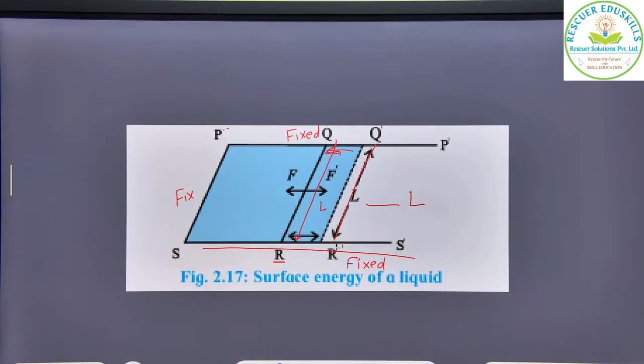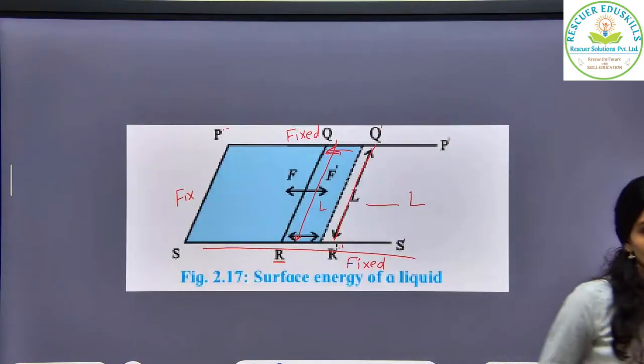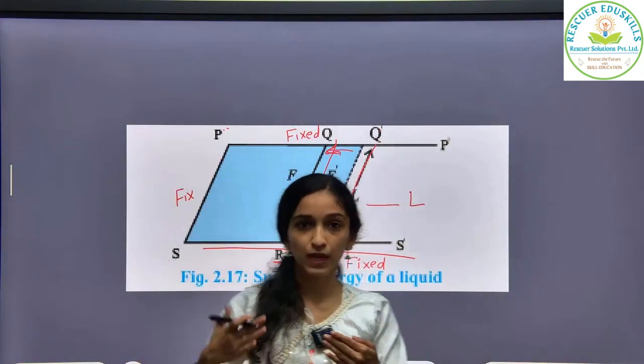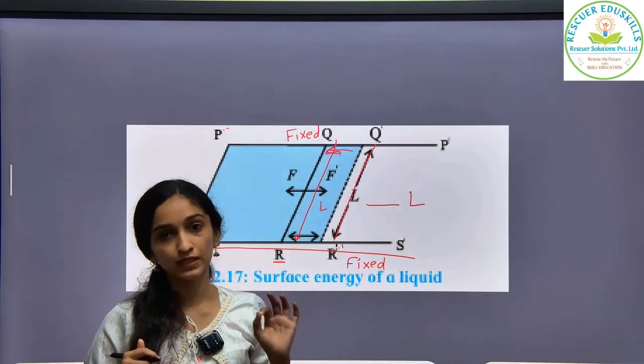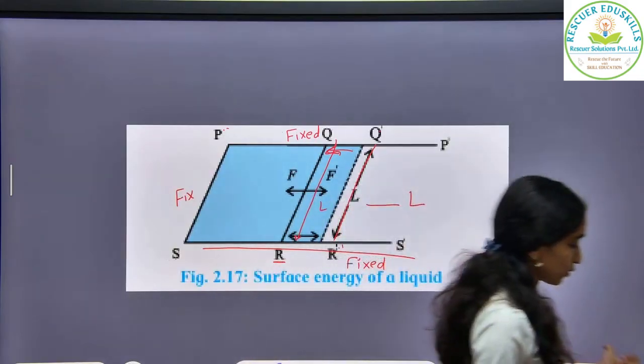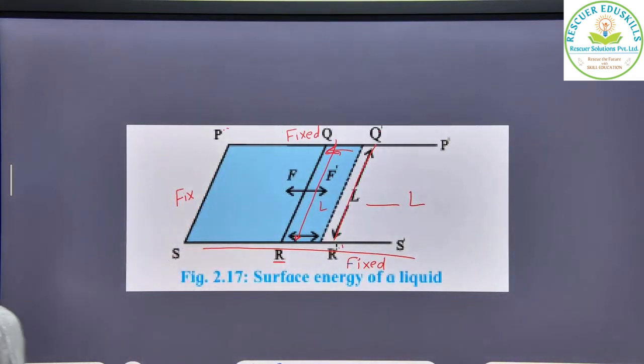Now, whenever you dip a utensil or a plate, the soap layer will be applied on the front side and the back side, right? Two surfaces. A similar thing will happen here also. On two surfaces, this soap film will be generated, so this surface tension will act along both surfaces.